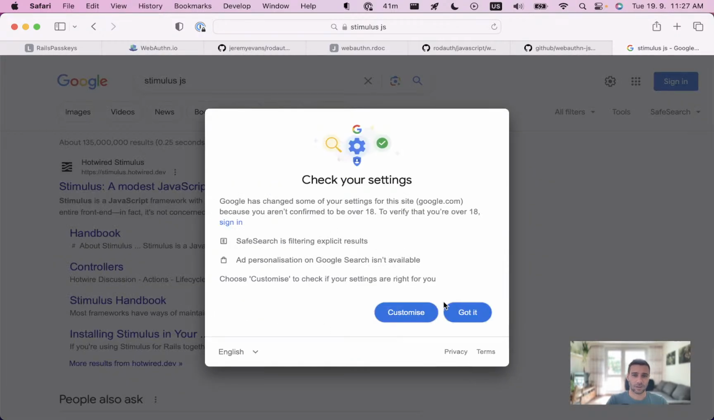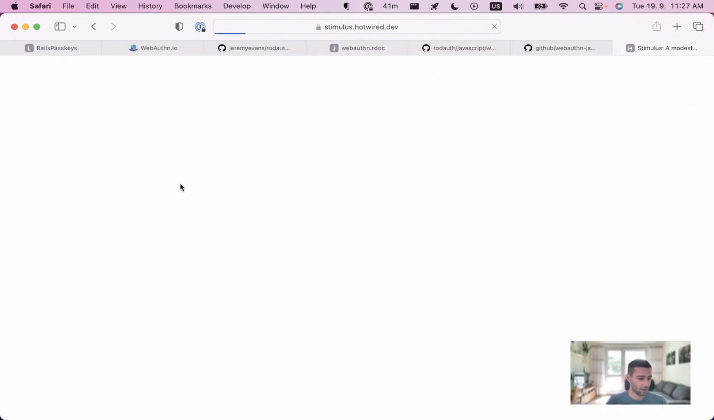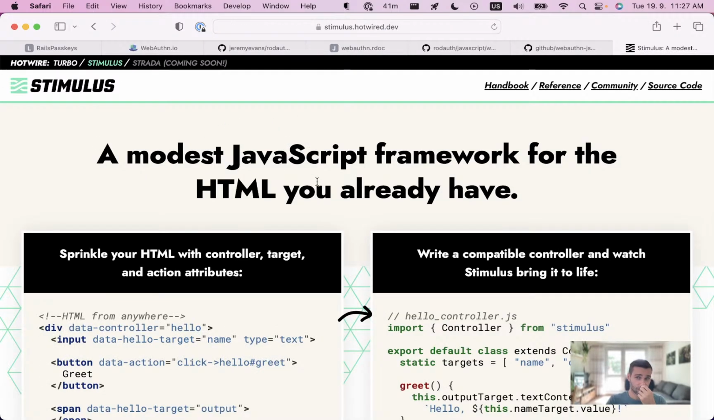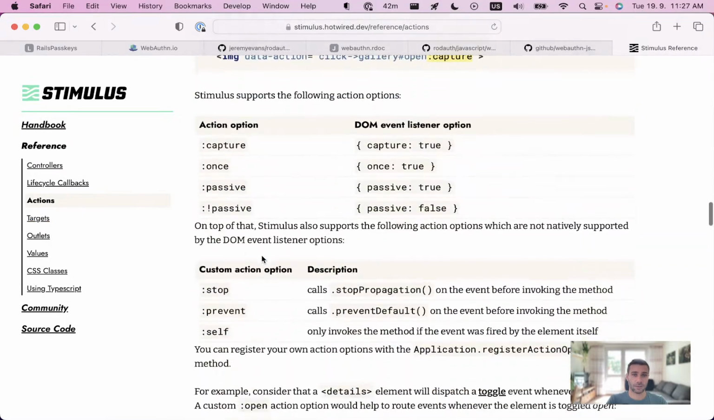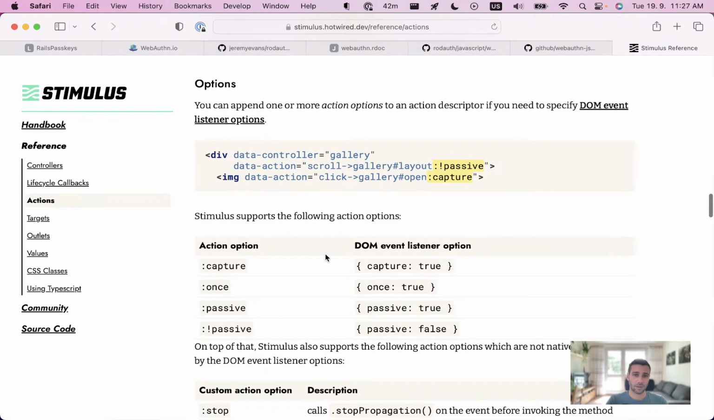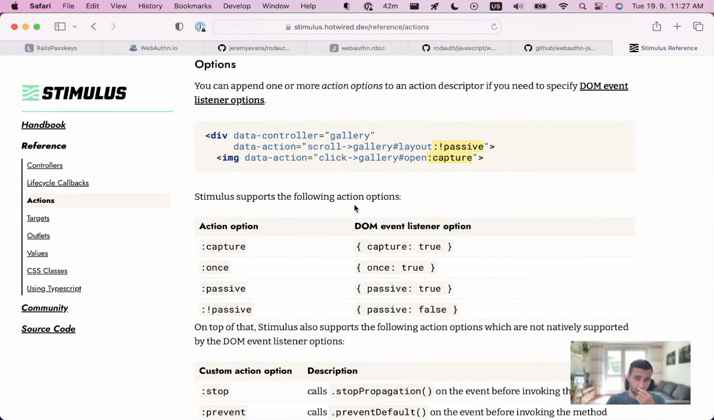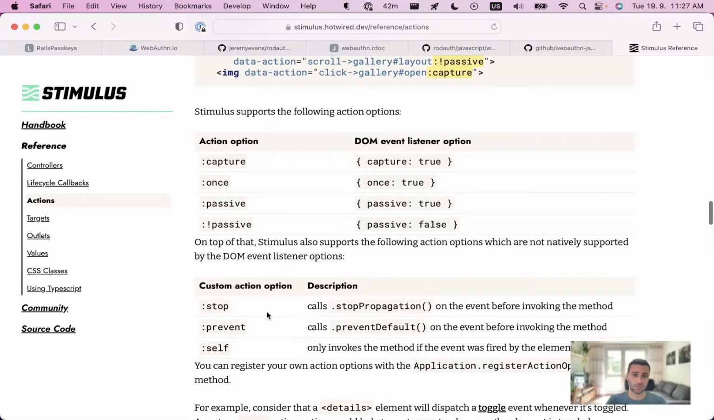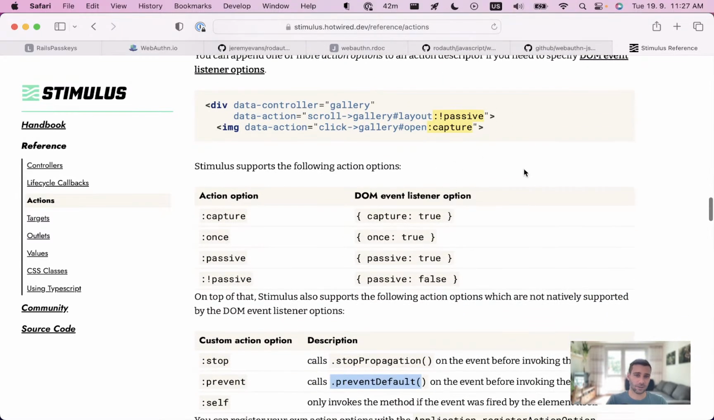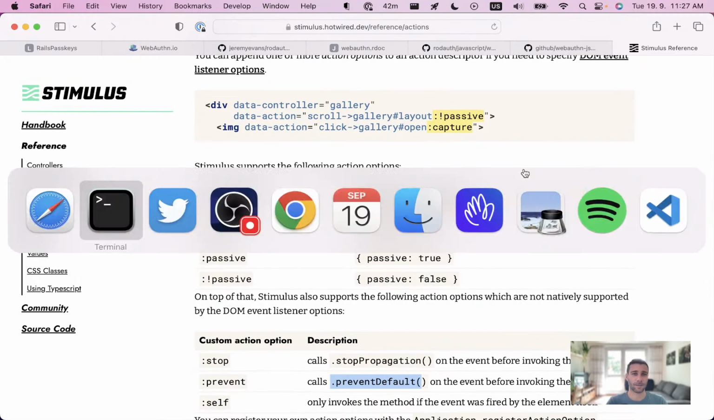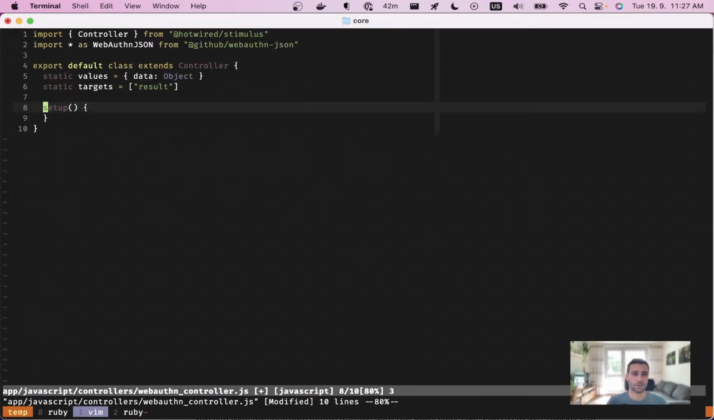Reject all. Got it. Okay. I'm only using it because it has better support for passkeys. Actions have options, and it's like a shorthand for preventing something or doing something. So :prevent is a shorthand for calling preventDefault on the event object. I just kind of like to use this sometimes. So in the setup,